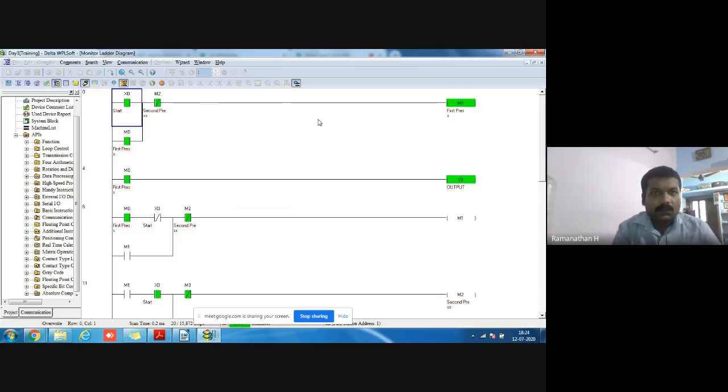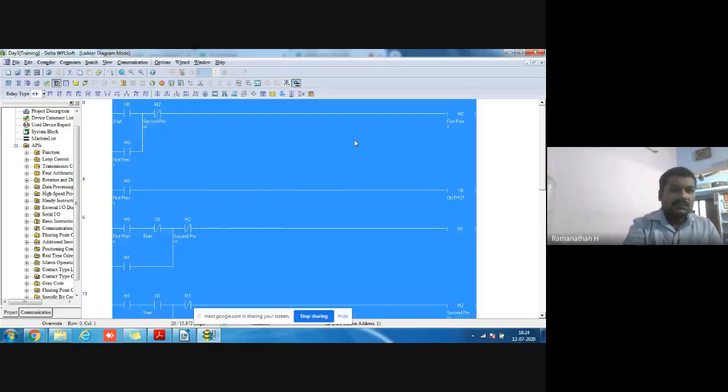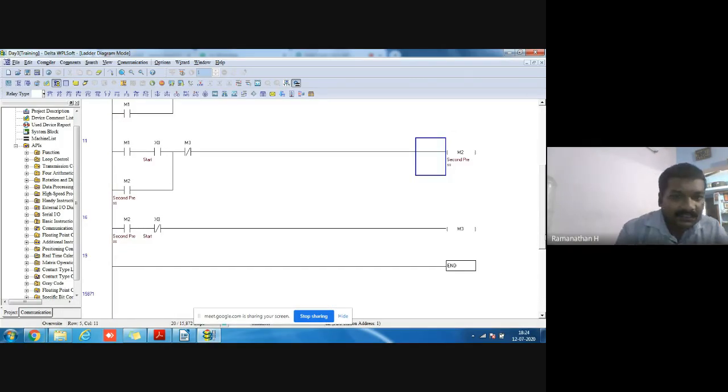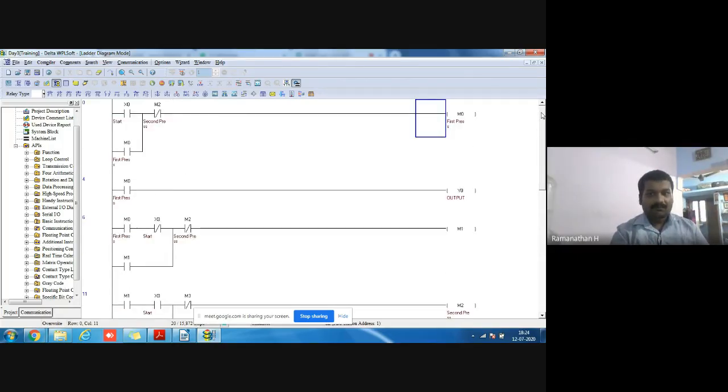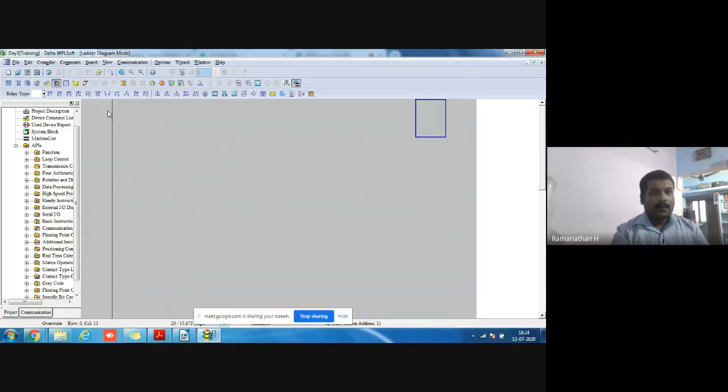Then we move on to DOL starter. DOL starter is a simple one, not much more. Just note it down, take a snap with your mobile phone or anything. Okay, I will move on to the DOL starter. What is the control wiring of the DOL starter?